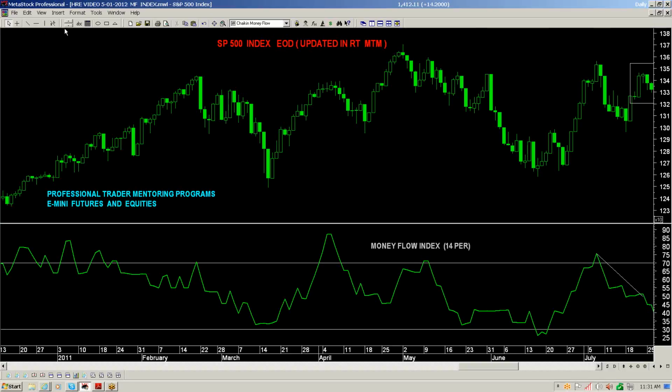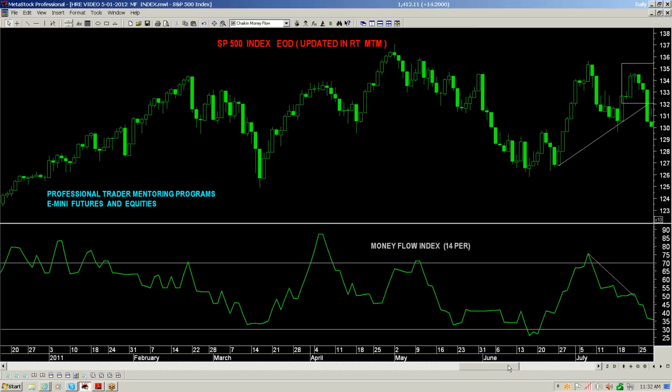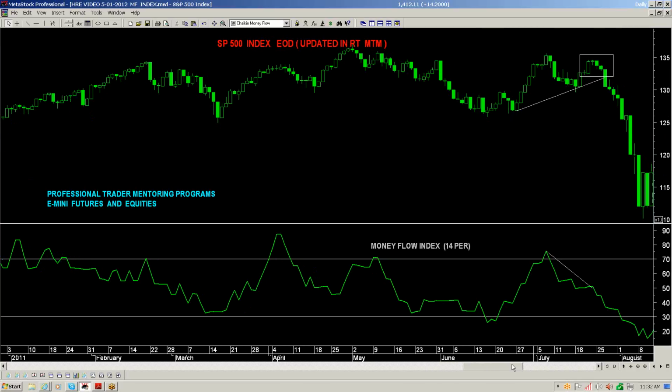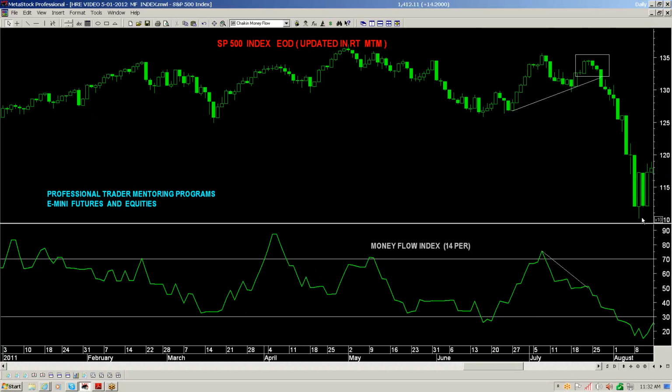Now, after that time, even if you had simply included a short-term trend line from here to here, with a lower pivot point low as compared to here and a lot of weakness within this indicator, it would have given you the heads up to be flat or go short. In this case, big day down, market trades down for one of the biggest corrections in the most recent market history until it formed a new base formation here, and the money flow in fact turned back around and started to trade back up